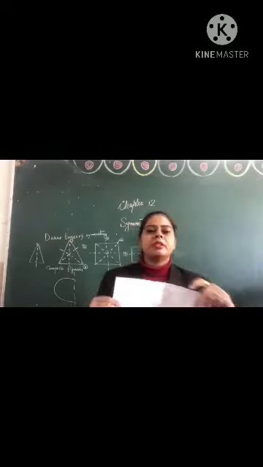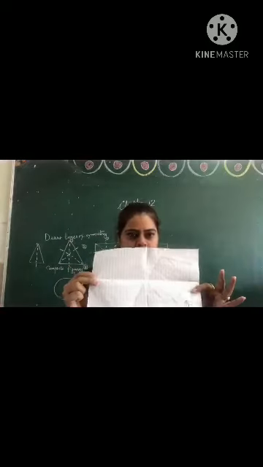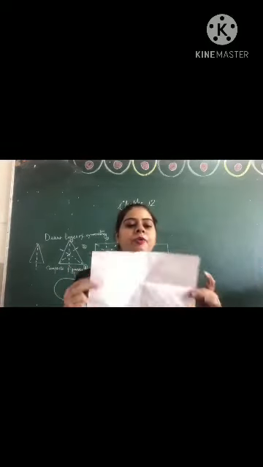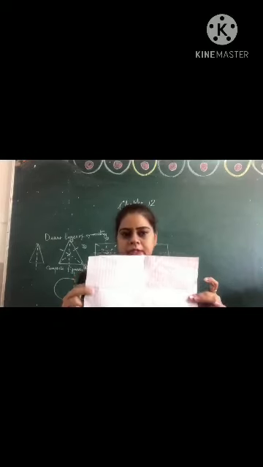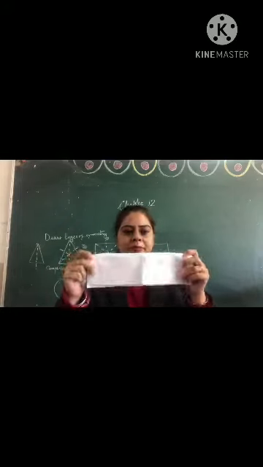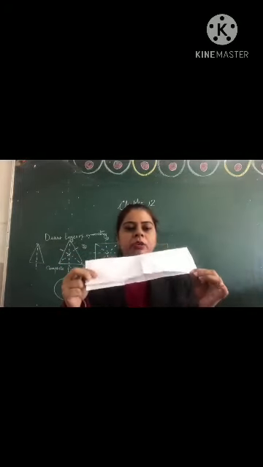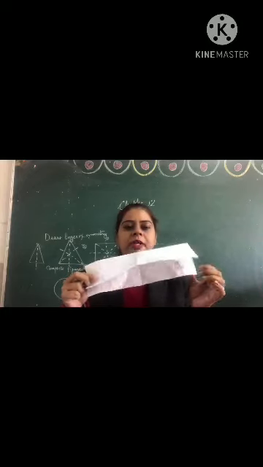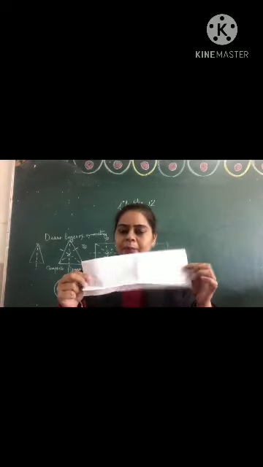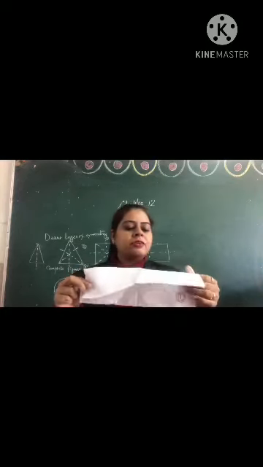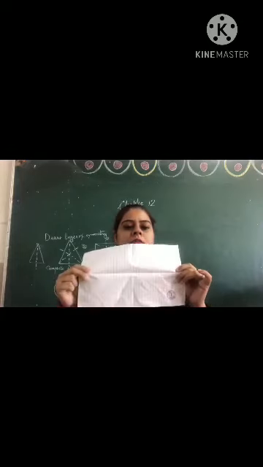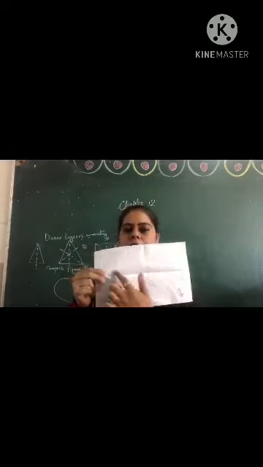Suppose this paper is given to you, it is in rectangle shape. Now if you want to know the line of symmetry in this, what is the line of symmetry? You can fold this paper, overlap this paper and meet the corners of this paper. You can see the corner is meeting at the corner, it is overlapping. So what is the first line of symmetry? It is horizontal. As you can see, this is horizontal.